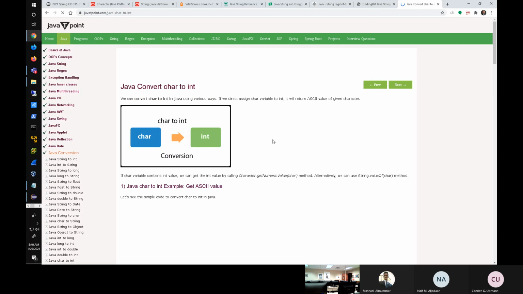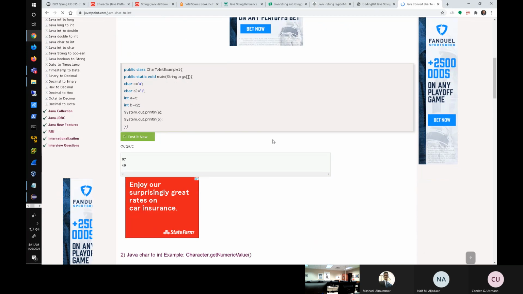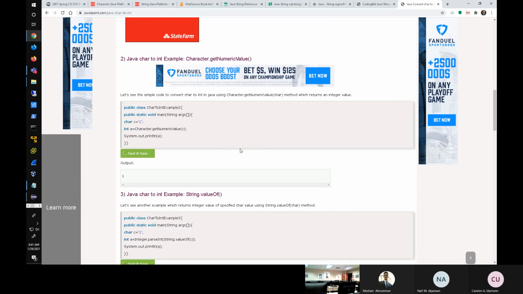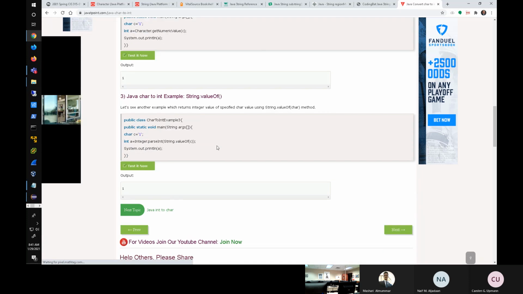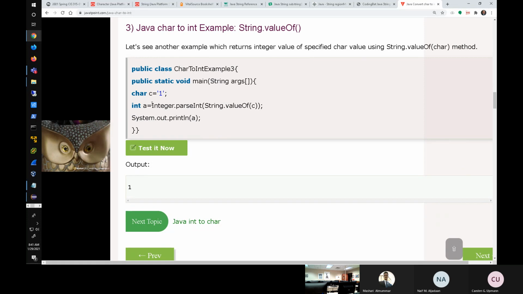On Java Tutorialspoint, the first hit, I can get an ASCII value, but I want the actual converting to the integer, and I see that in order to treat it as an integer, I have to do Integer.parseInt of that character. So let's go back,